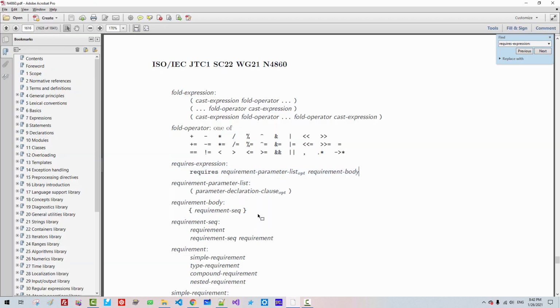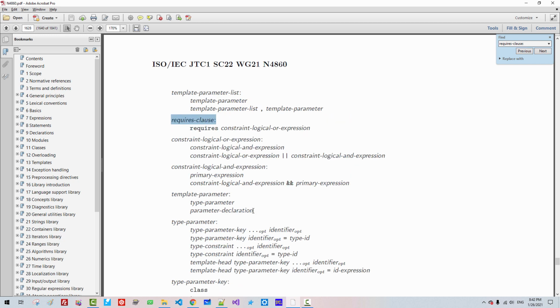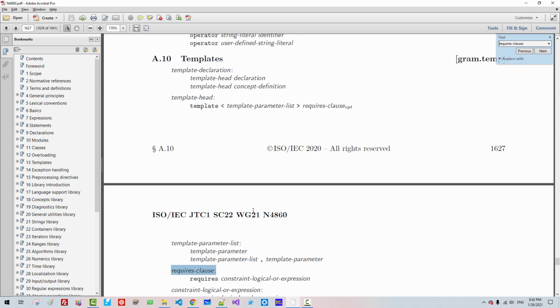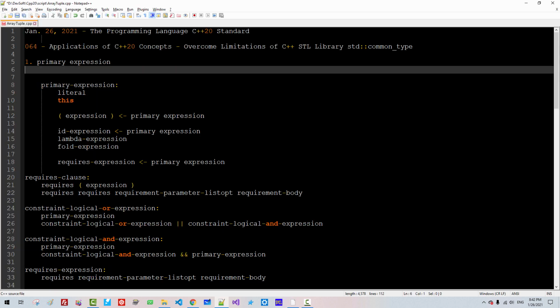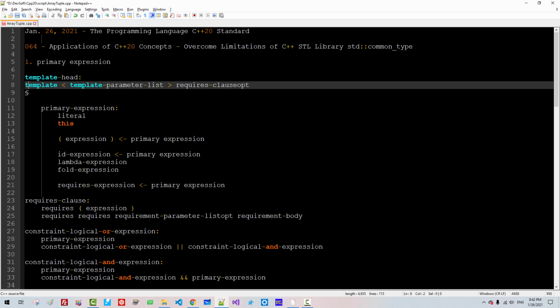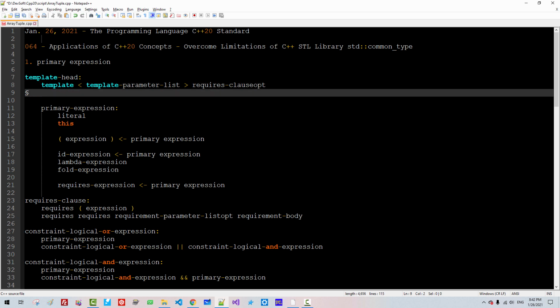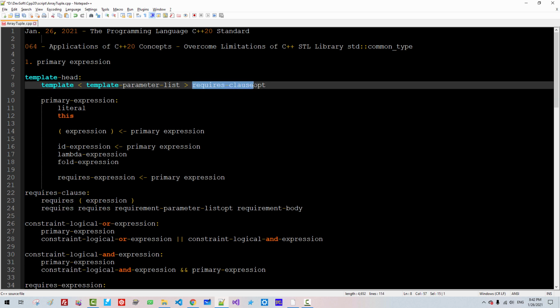Here again, Control F, requires clause, colon, scroll up. So requires clause here, copy template head, copy, paste it here, indent. Requires clause, this means optional.